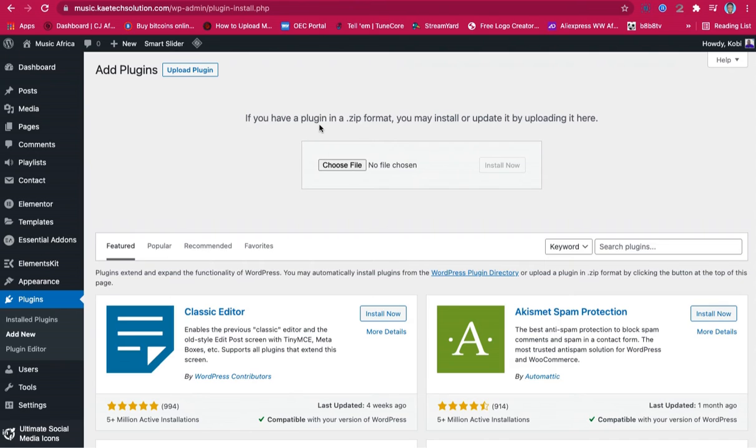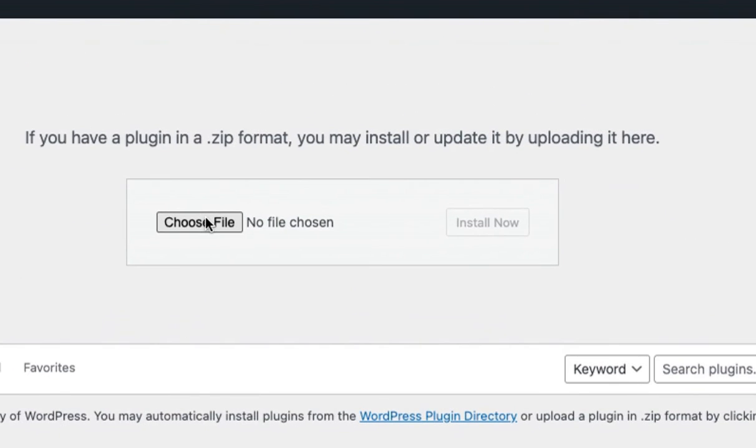Now if you have a plugin in a zip format, so it should be in a zip format, you may install or update it by uploading it here. So we have to either drag it to this place or click on choose file and then we install it. So what I'm going to do is I'm going to install the plugin on my machine. So firstly, I'll click on choose file